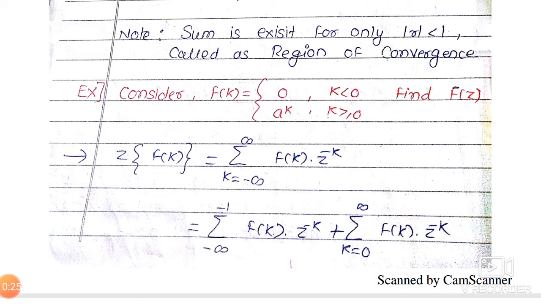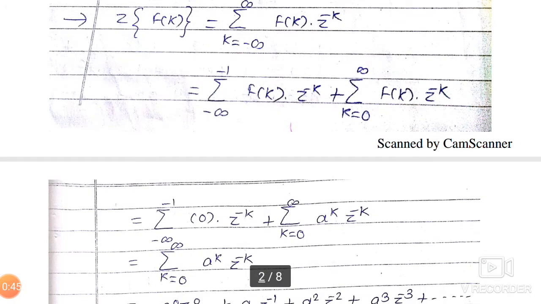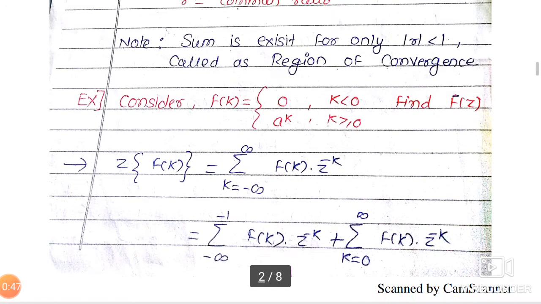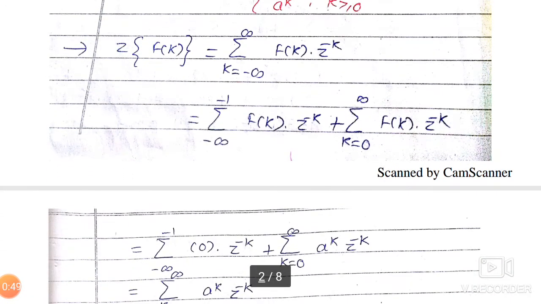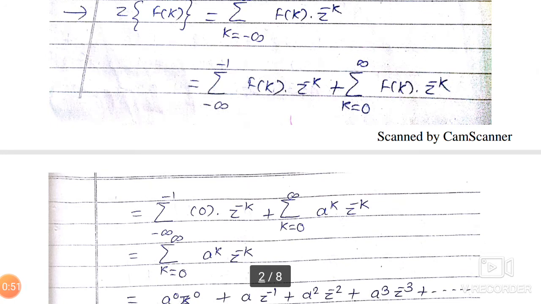Then only you can substitute a value of f of k for the given region. So minus infinity to minus 1, that means k less than 0, and 0 to infinity, that means k greater than equal to 0. So after splitting, next substitute the value of f of k for the given range. So for k less than 0, value of f of k is 0, that means in the first summation f of k is 0, z raised to minus k as it is, plus for k greater than equal to